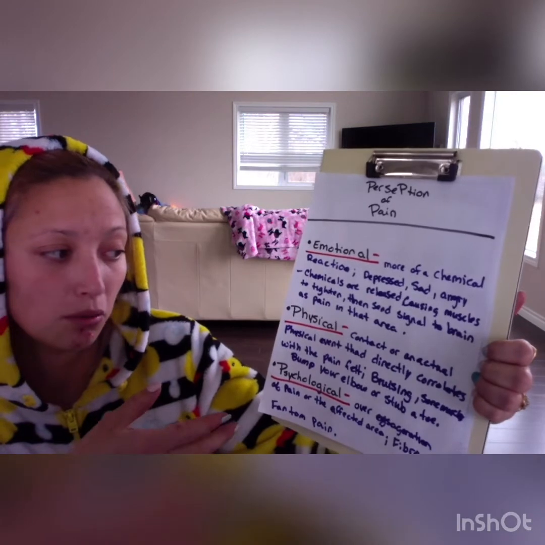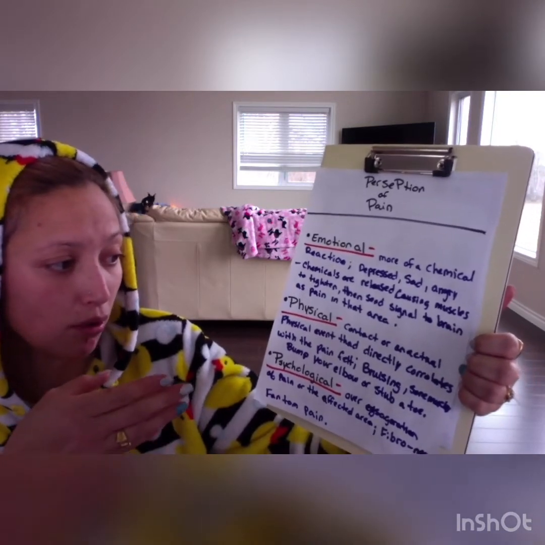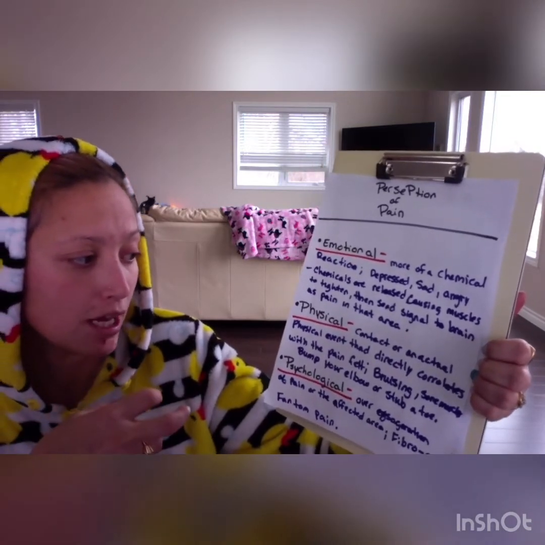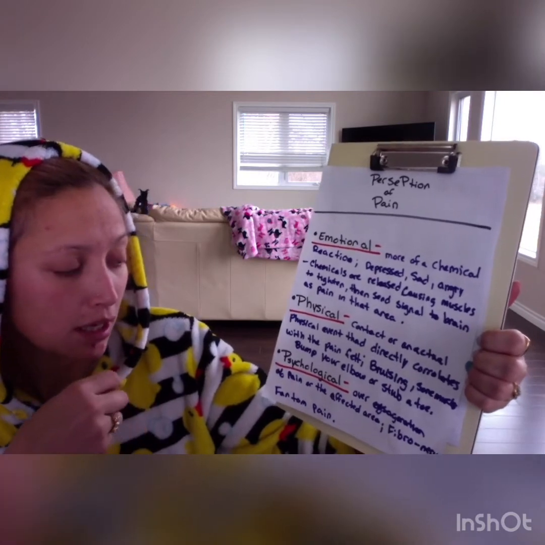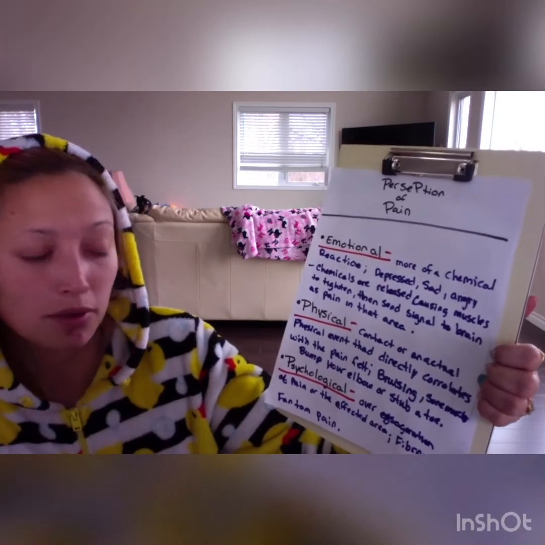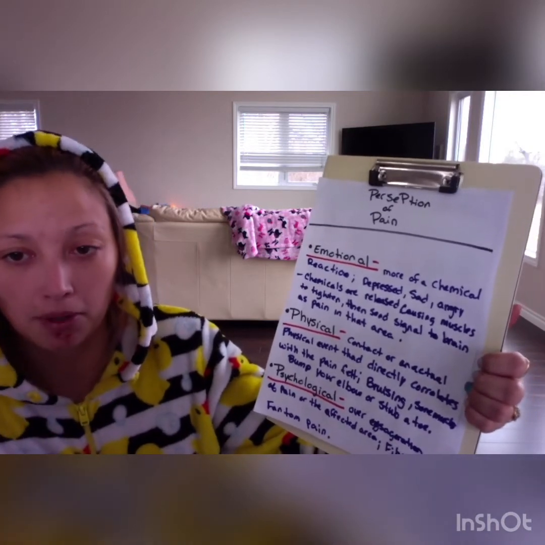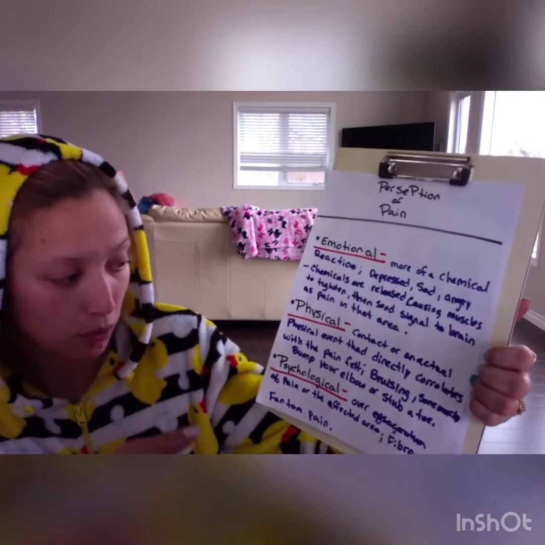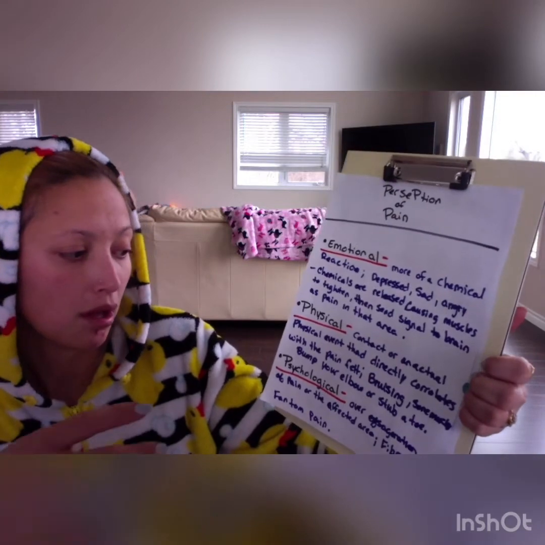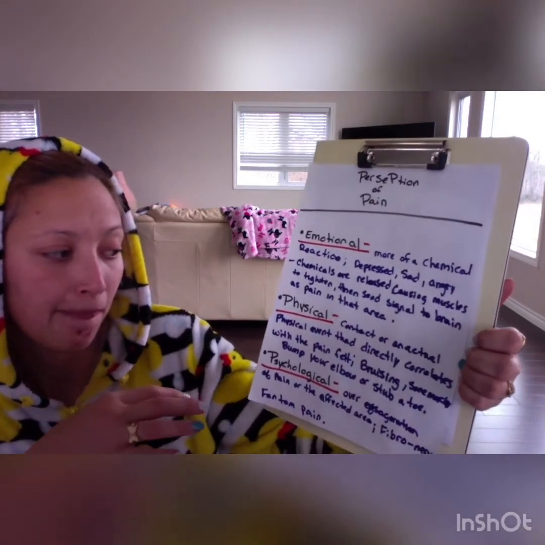A physical would be a contact or an actual physical event that directly correlates with the pain that is being felt, i.e. stub your toe, paper cut, bump your elbow, that sort of thing. That would be a physical pain. Now,